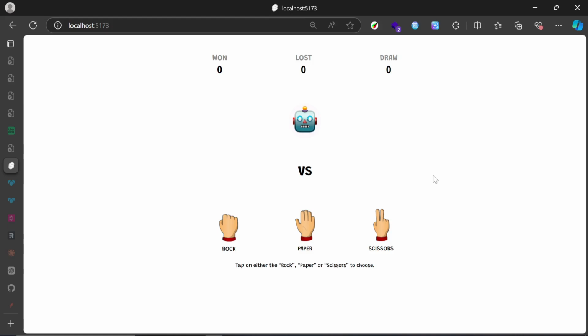Hey everyone, this is going to be a very quick one. I just want to show you guys how to build a rock, paper, scissors game with Svelte 5. Now, the way this game is going to work is that you're going to be playing against the quote unquote